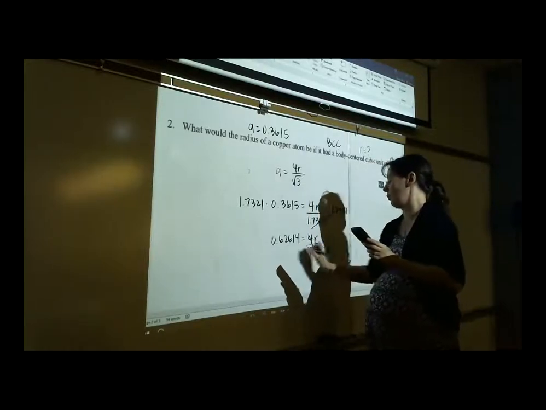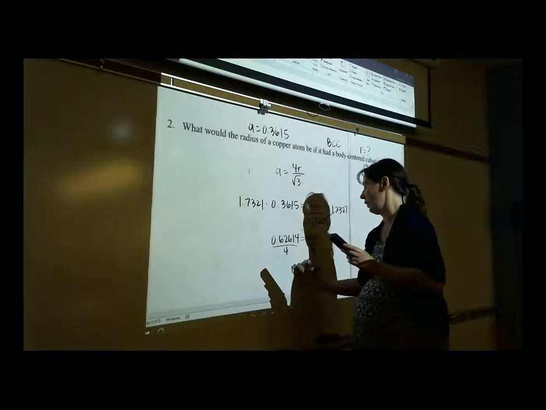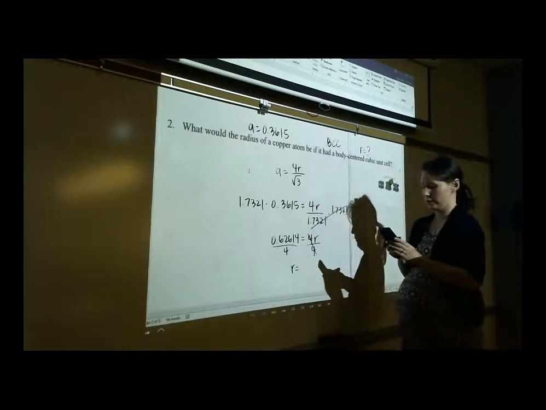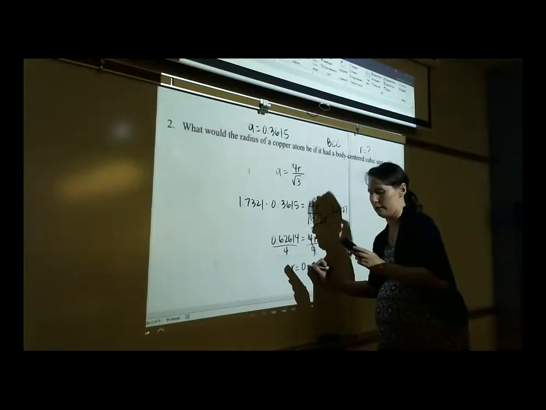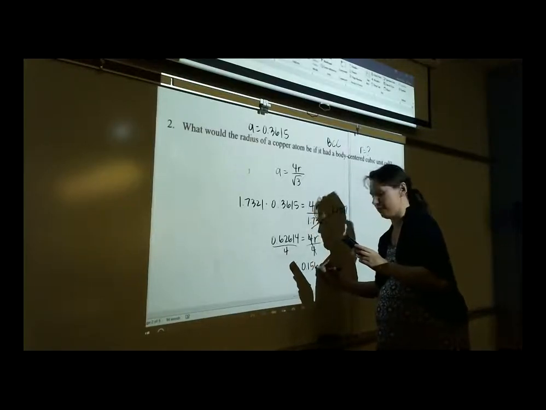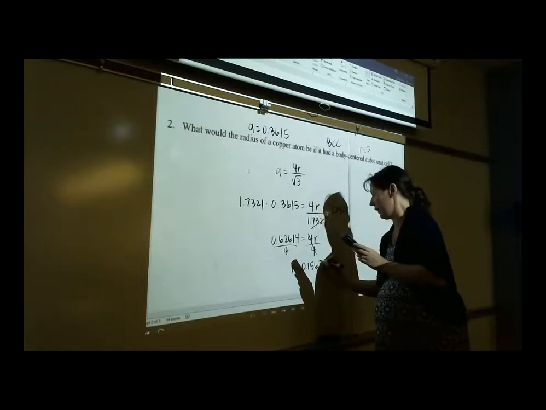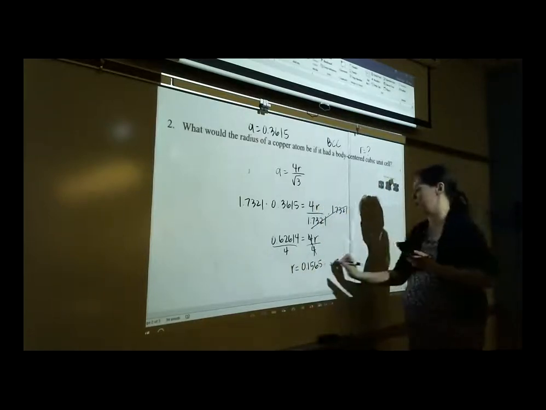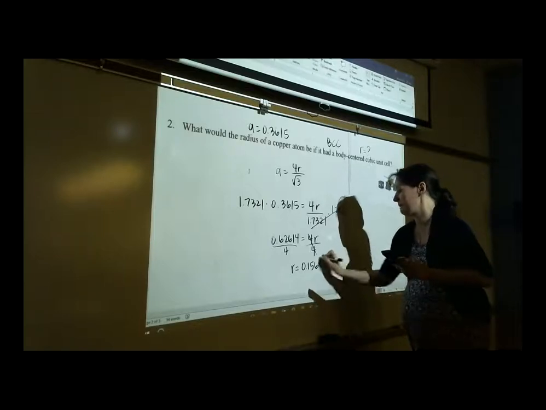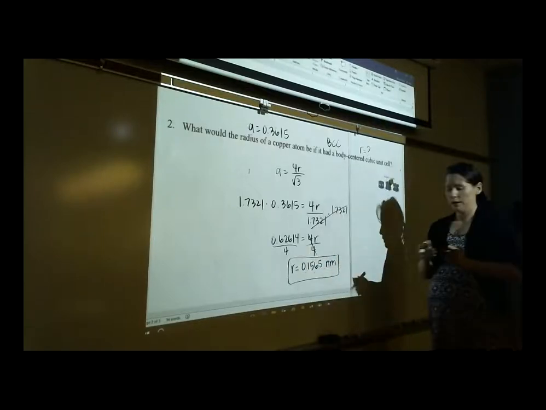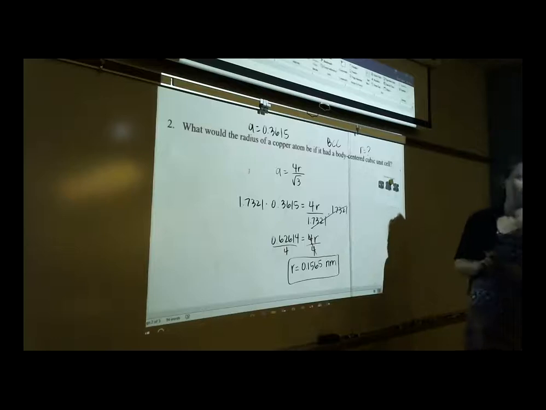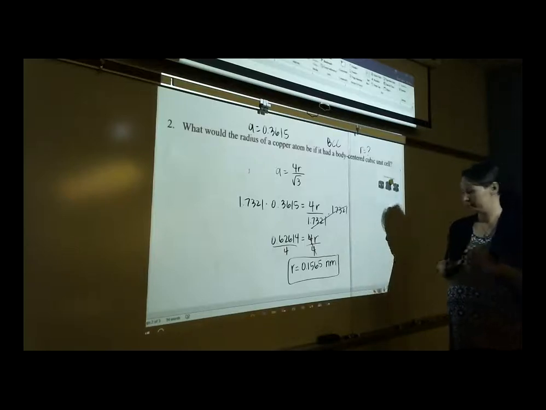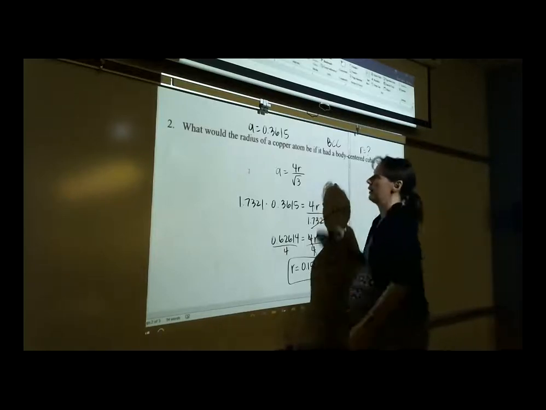So dividing by 4, I got R equals, we're keeping 4 sig figs still, 0.1565. And my units are still nanometers. That hasn't changed. Do we agree on number 2? Questions on how to do number 2? Feeling good on this? All right, let's look at